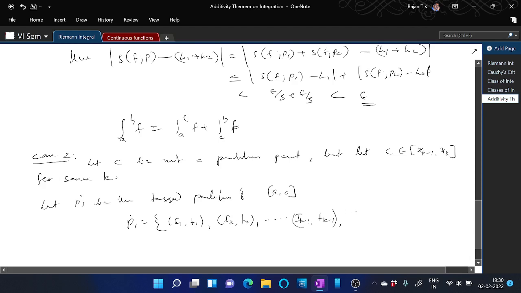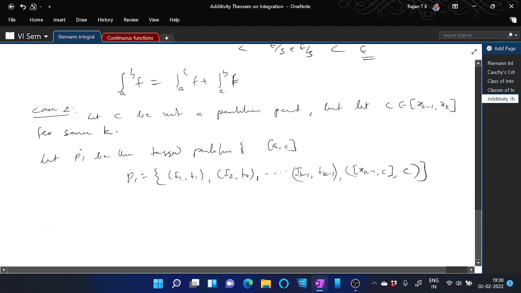Then the interval xk minus 1, C with the tag C, the last. And P2 be the tagged partition of CB,